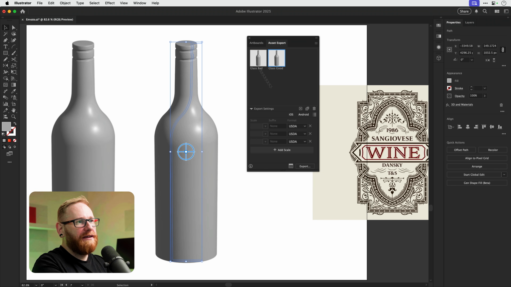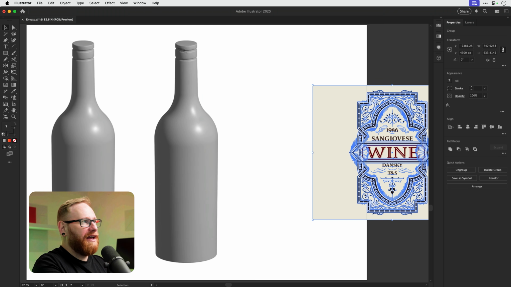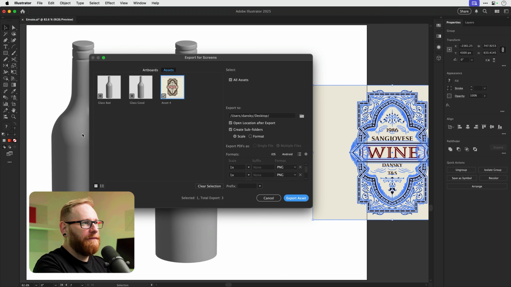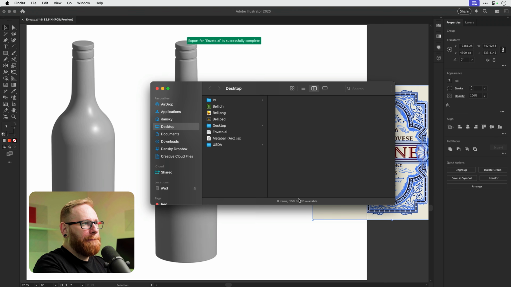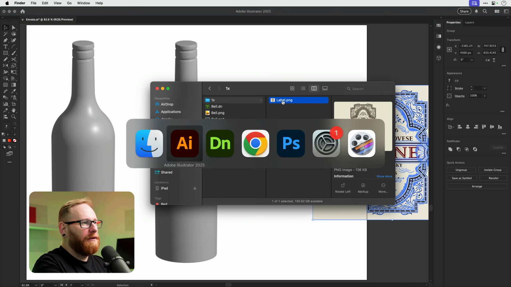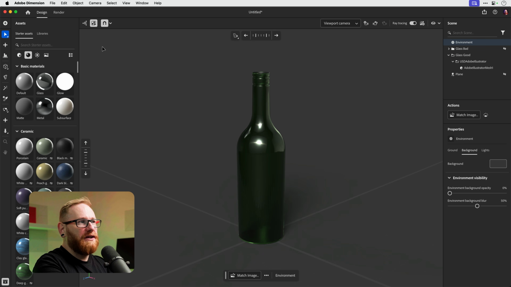So I've made my lovely custom graphic in Illustrator. I can select the whole thing grouped together, export selection, and we'll export it. And I think it's gone there. So we'll call this label. And then in Dimension, what I can do,